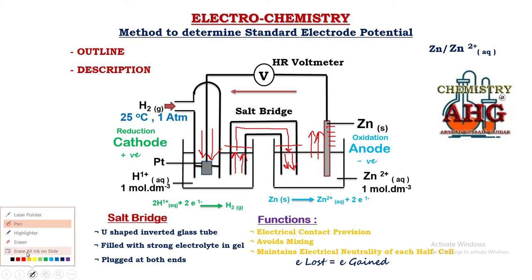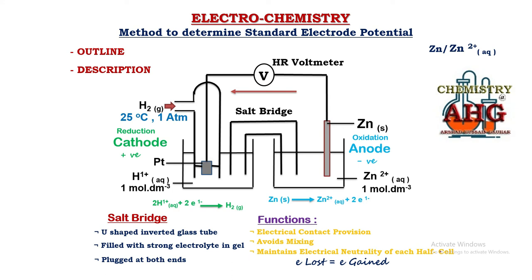One more thing, some people also argue why we cannot use something else, like we may use a metal wire instead of a salt bridge. There are two common reasons you can remember why a metal wire cannot be the best alternative to the salt bridge. Number one, metal wire can be reactive. Metal wire can create its own potential and the reading shown by the voltmeter can become uncertain.